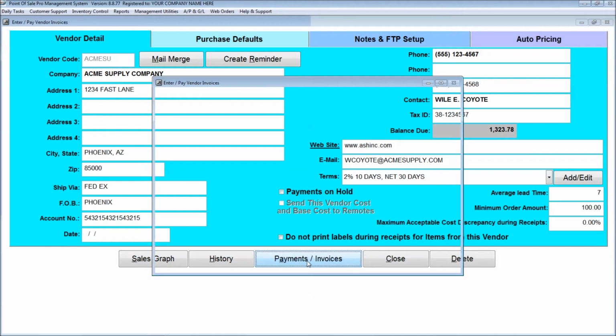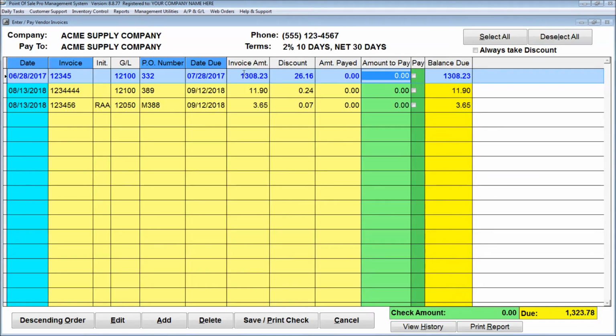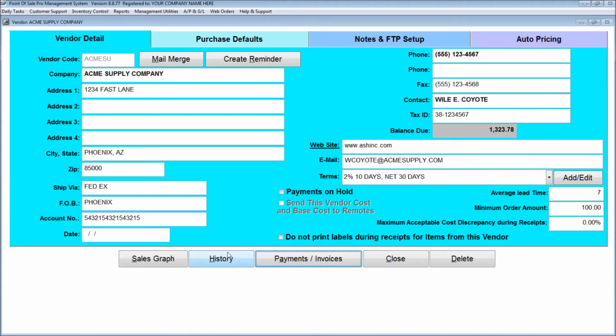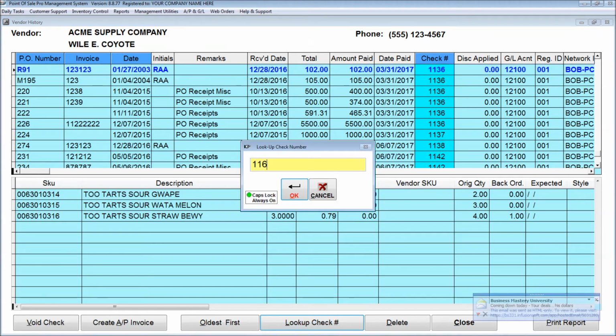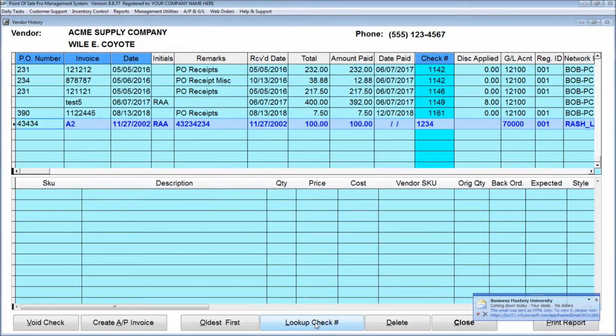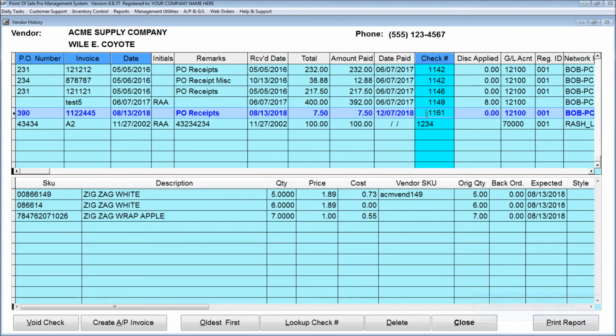If I go back to payments and invoices, I can see that $7.35 invoice isn't in there, and I can go to view history here, or if I cancel, I can also go to view history here. So if I put it in check order, and now click up, look up my check number, I don't know, what was it, 1165? Nope, it was 1161. This is the invoice we paid today. And it'll show me this is the detail, the check number, which purchase order number it was, what I purchased